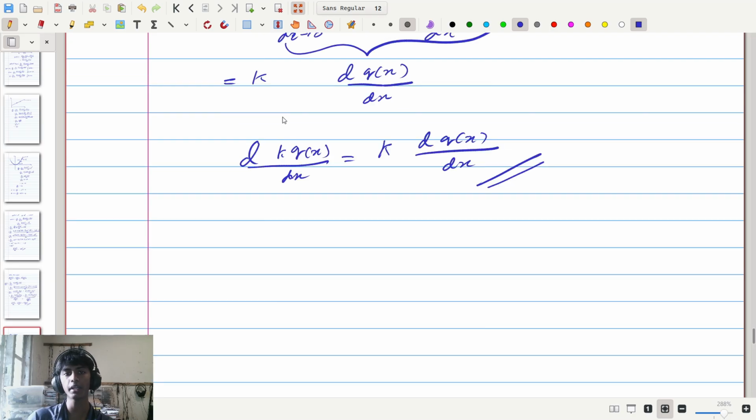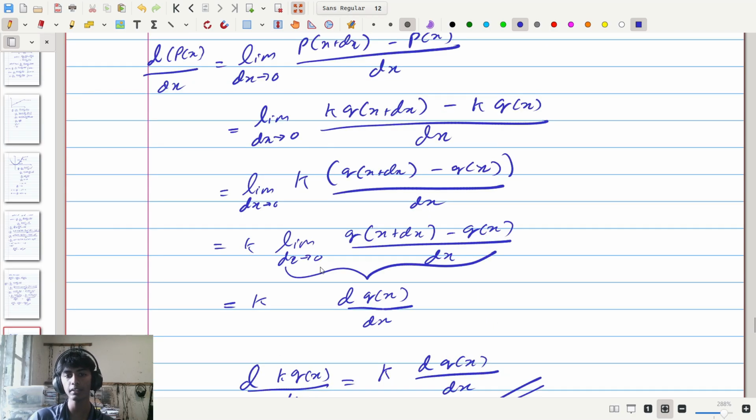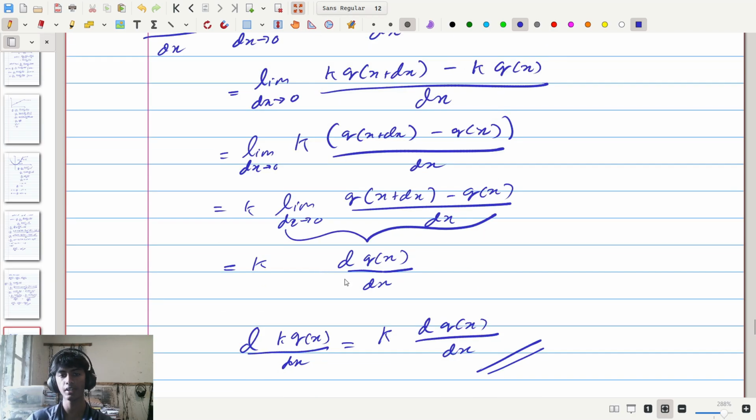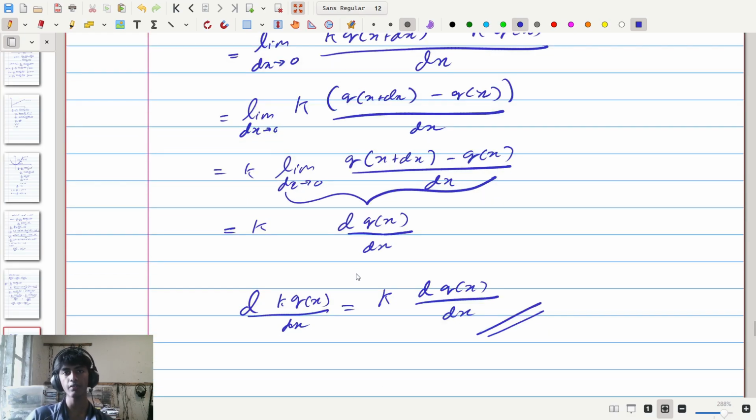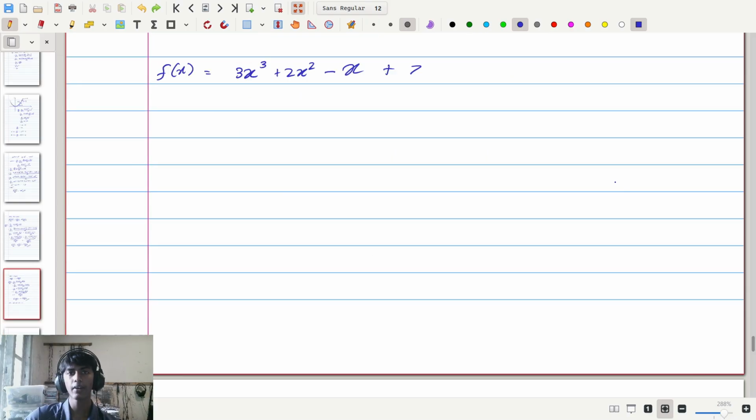This is the second identity we are going to require in order to find the derivative of any polynomial. In fact, I'll do one example just to make it clear, and we'll move on to some other derivatives that we need to discuss. So here we have an example polynomial function f(x). Let's try and differentiate f(x) using these rules. So what we want is the derivative of f(x) with respect to x. This is going to be the derivative of this whole function here, which is 3x cubed plus 2x squared minus